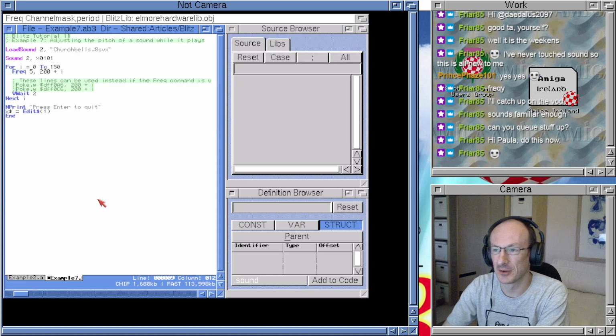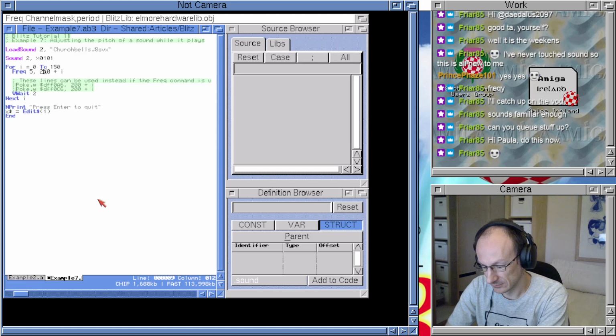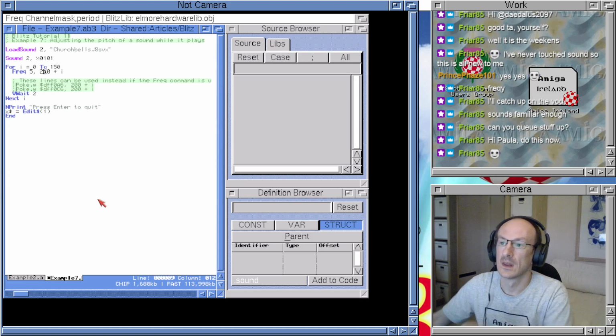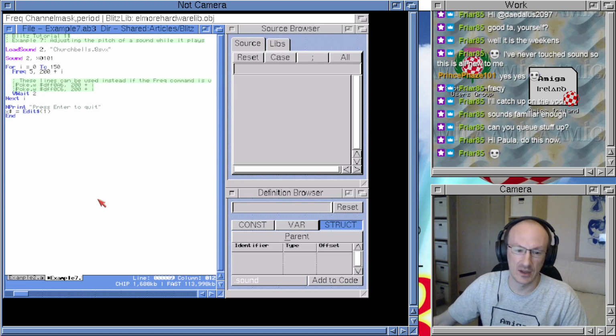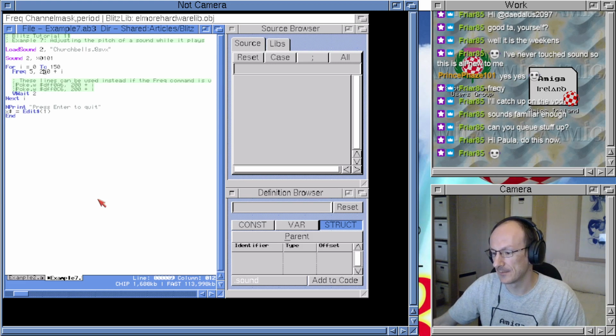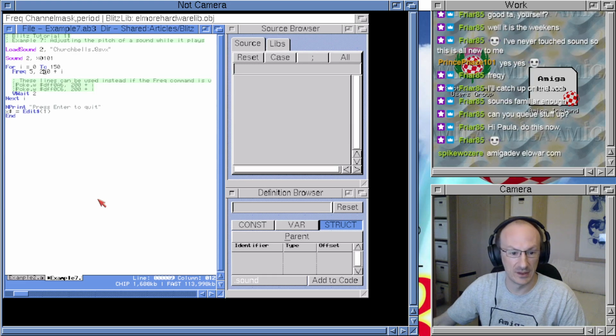Prince Phase would probably know it off the top of his head. Let me see. Copper Shade, yes, thank you, Copper Shade. So here is the complete